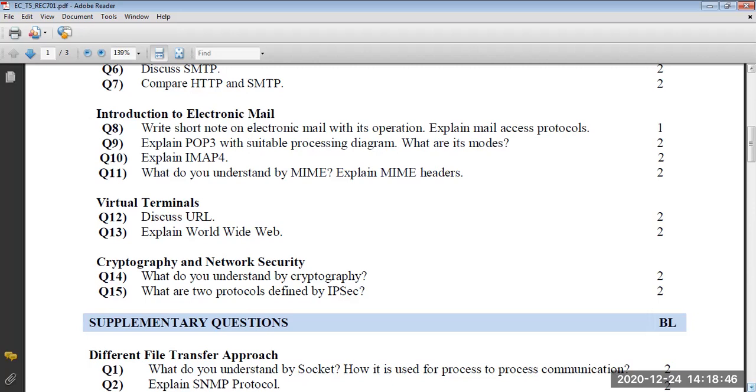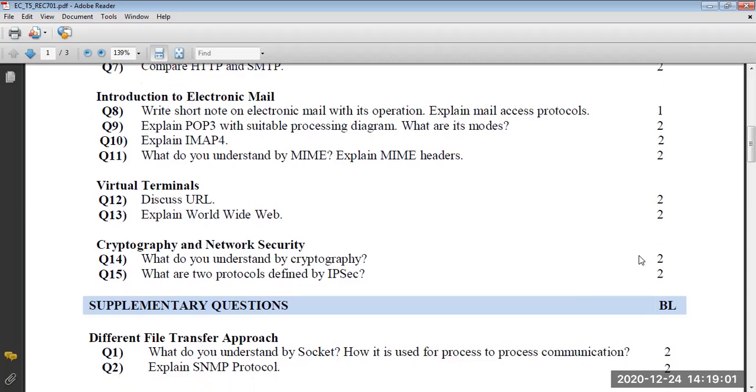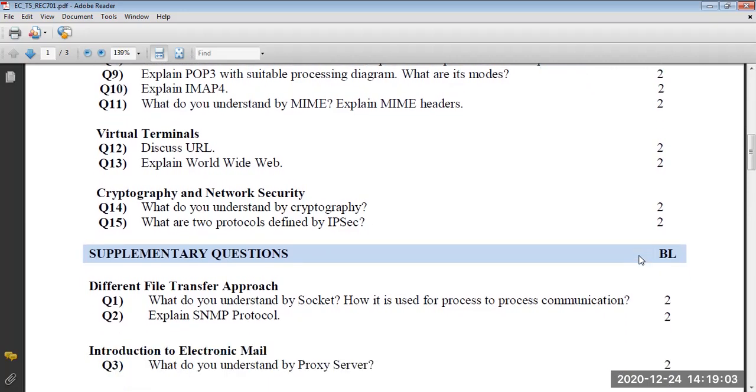इसके बाद जो हमारा नेक्स्ट क्वेश्चन है, नेक्स्ट क्वेश्चन हमारा है: एक्सप्लेन द कॉन्सेप्ट ऑफ माइम। माइम इज द मल्टीपर्पज इंटरनेट मेल एक्सटेंशन। ठीक है, तो उसके बाद माइम का हेडर भी डिस्कस करना है कि हेडर कैसा होता है माइम का। ठीक है, माइम भी मैं आपको दिखा देता हूँ, आपको लिखने में आसानी रहेगी। जस्ट शोइंग यू द फाइल। ओके,